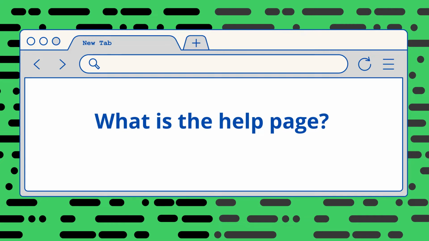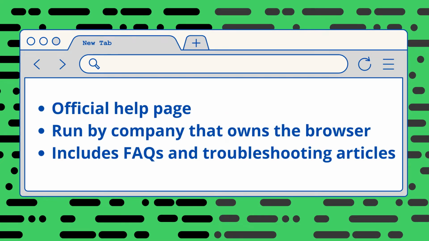And what I am talking about is the official web page where the company that owns the web browser creates and keeps up with this web page, and it has common questions as well as troubleshooting articles and things of that nature. So for example, Chrome is owned by Google, so their help page would be also run